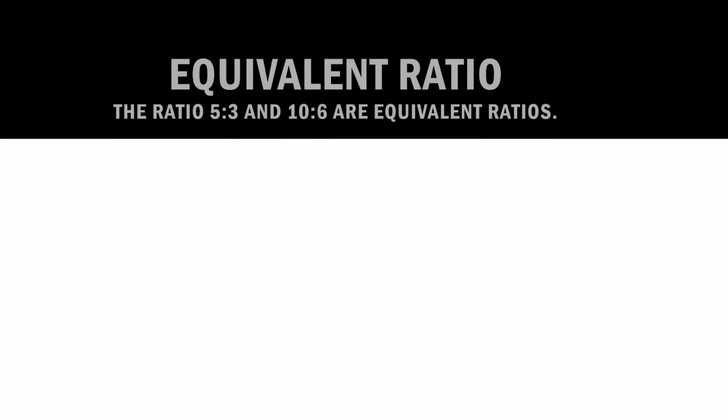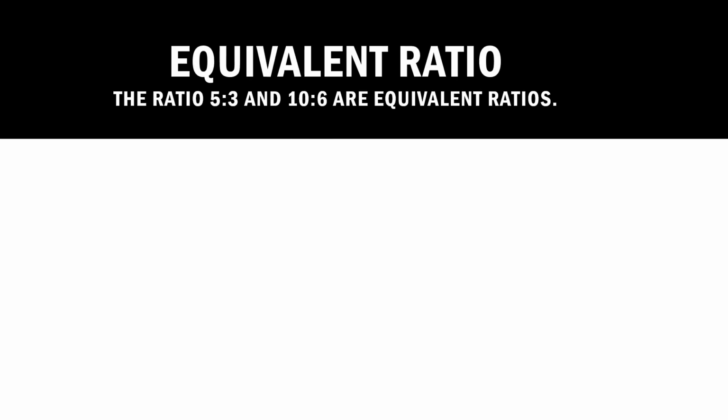Let's look at how we can use ratios to find equivalent ratios. The ratios 5 to 3 and 10 to 6 are equivalent ratios. How do I know they are equivalent? I will write 5:3, set it equal to 10